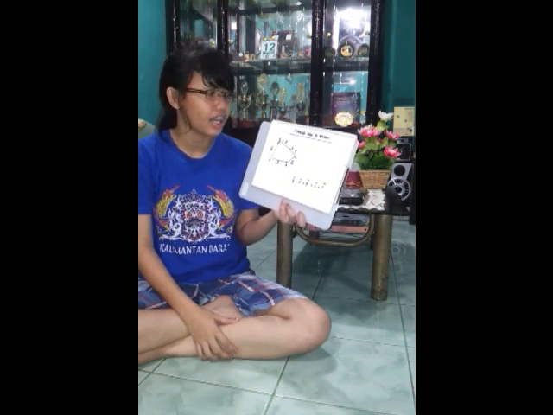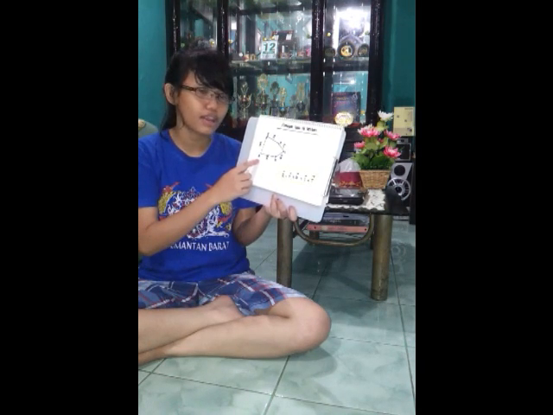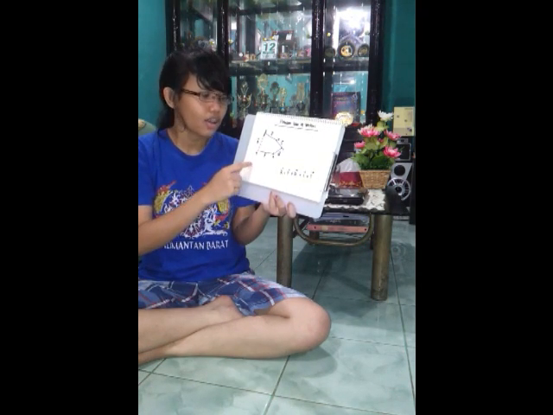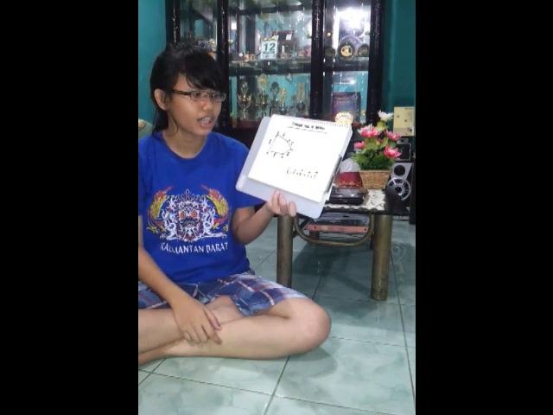The last is polygon law of vector. If a number of vectors can be represented both in magnitude and direction, the resultant is represented by the closing side in magnitude and direction in the opposite order. So the resultant vector is P vector plus Q vector plus X vector plus T vector.